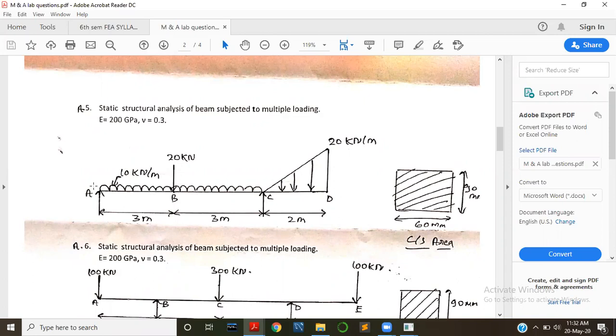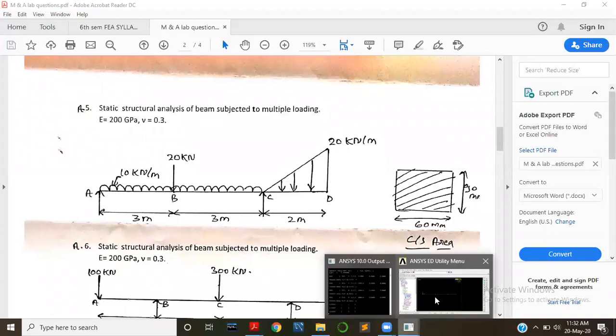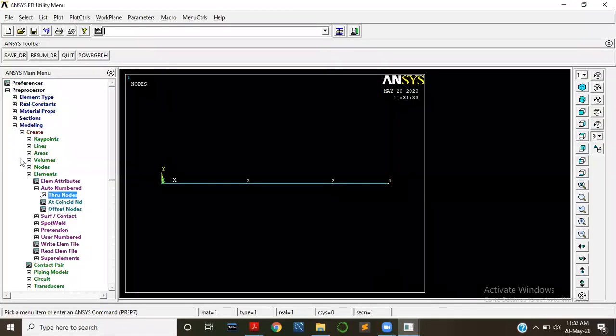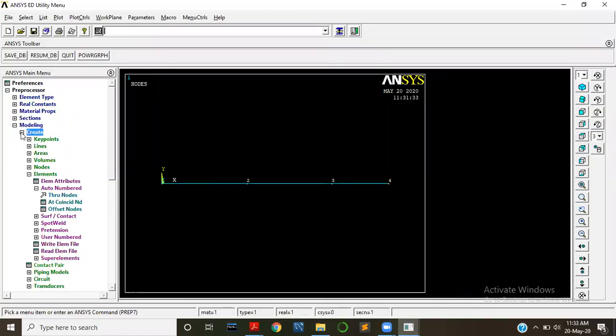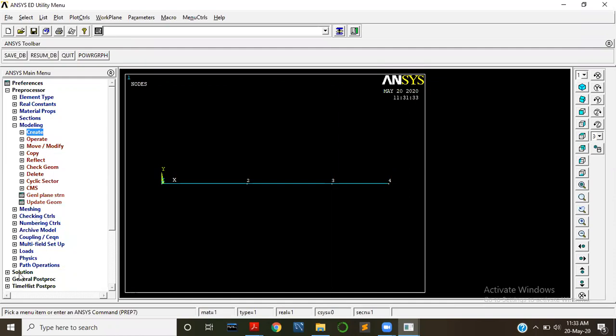A UDL is acting between A and C, and between C and D, a UVL is acting. Let us apply them one by one. Now, structural displacement, on nodes, click on nodes 1 and 3, that is A and C, and in that we'll apply UY. So we'll go here, modeling, and in that, go to solution.